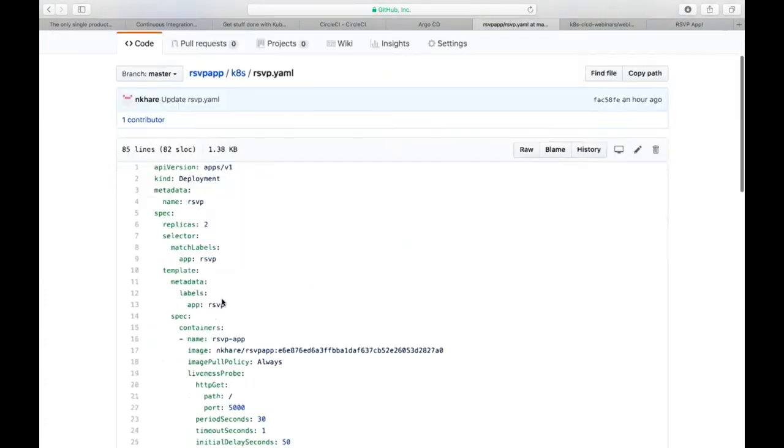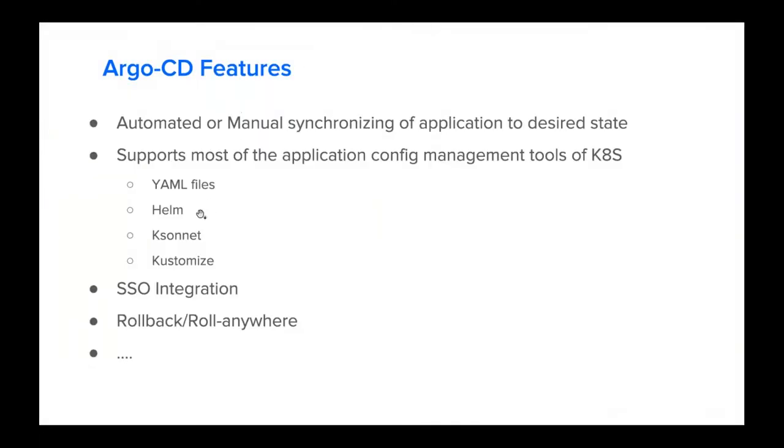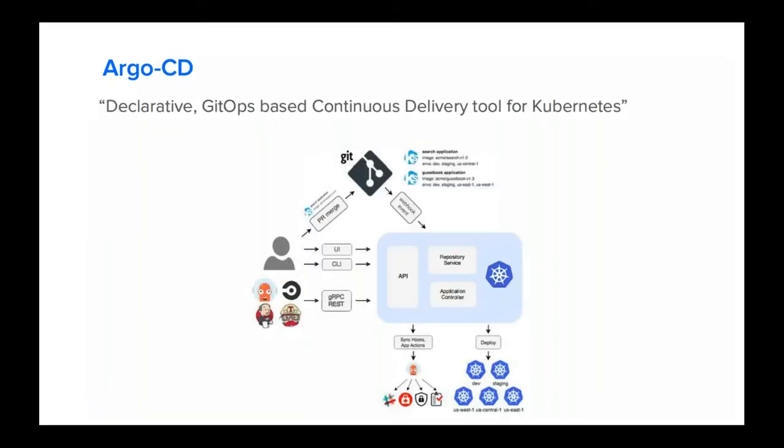This contains a file called rsgp.yml, which contains our deployment definition, on how we want to deploy our application using Argo to our production environment. Now, Argo can look at a YAML file, or it can look at a Helm chart, KSonnet, or Kustomize. If we have configured our source code with any one of these tools, Helm, KSonnet, Kustomize, or just a YAML file, Argo can look at these configuration files and then deploy the application accordingly. In our case, we have the YAML file.